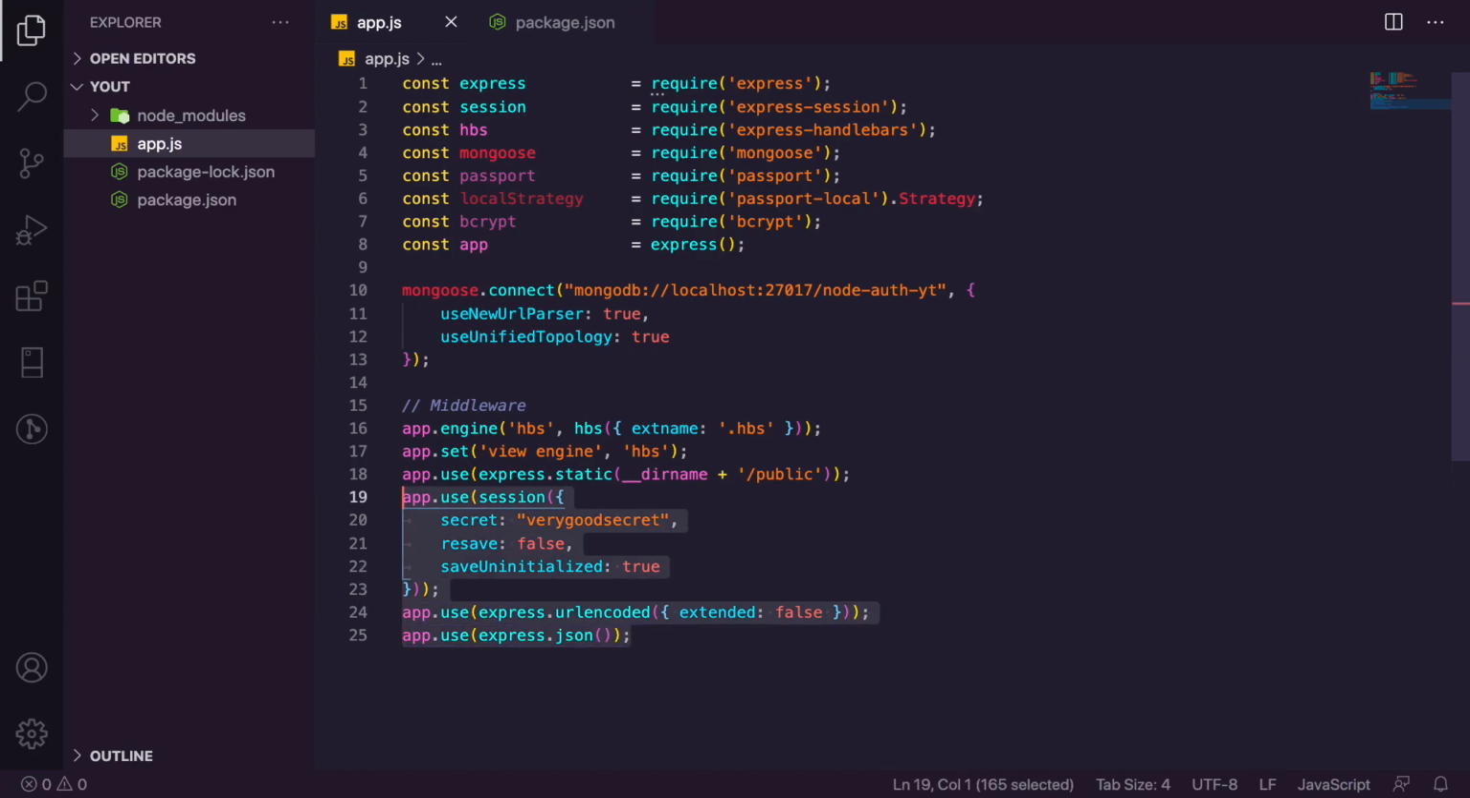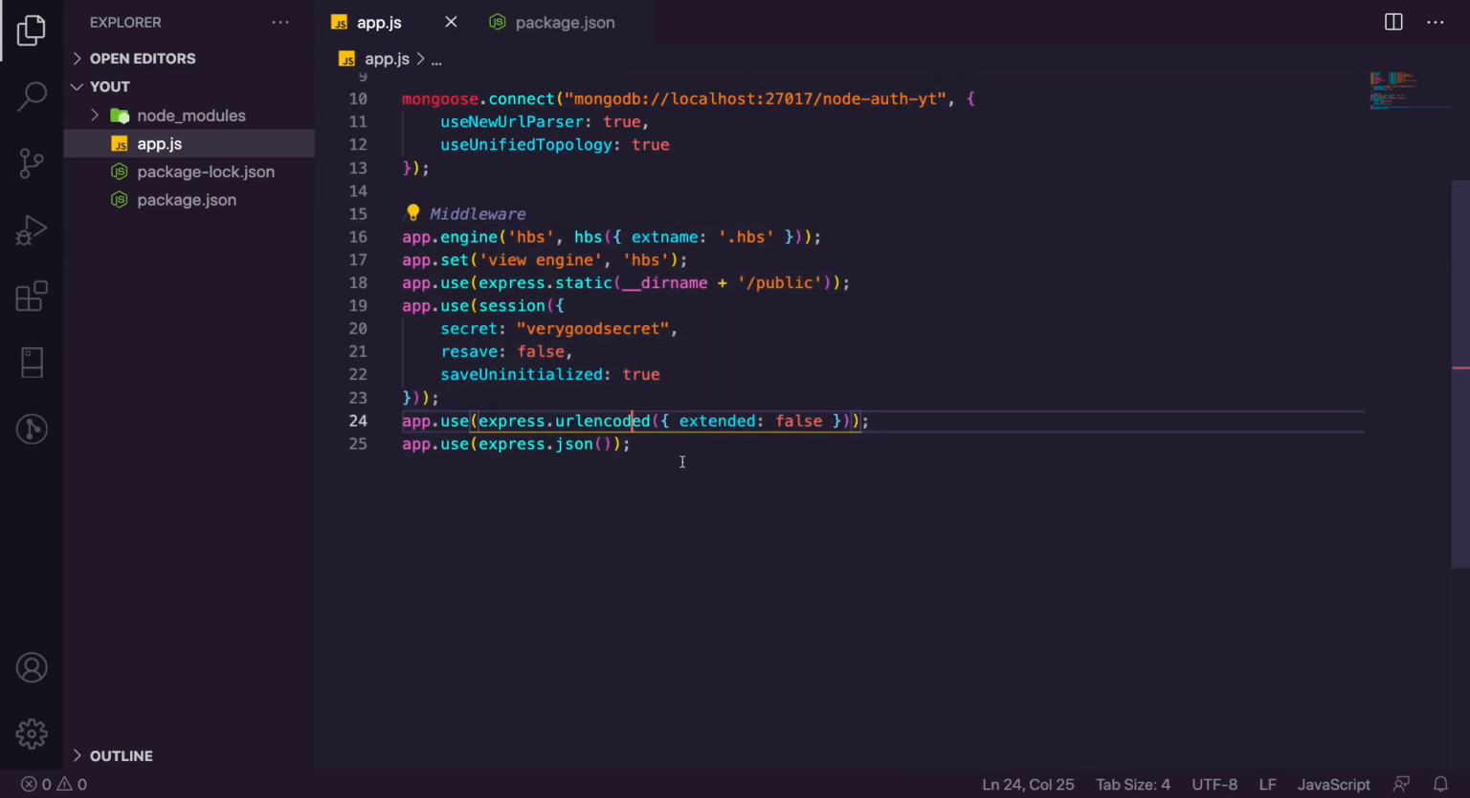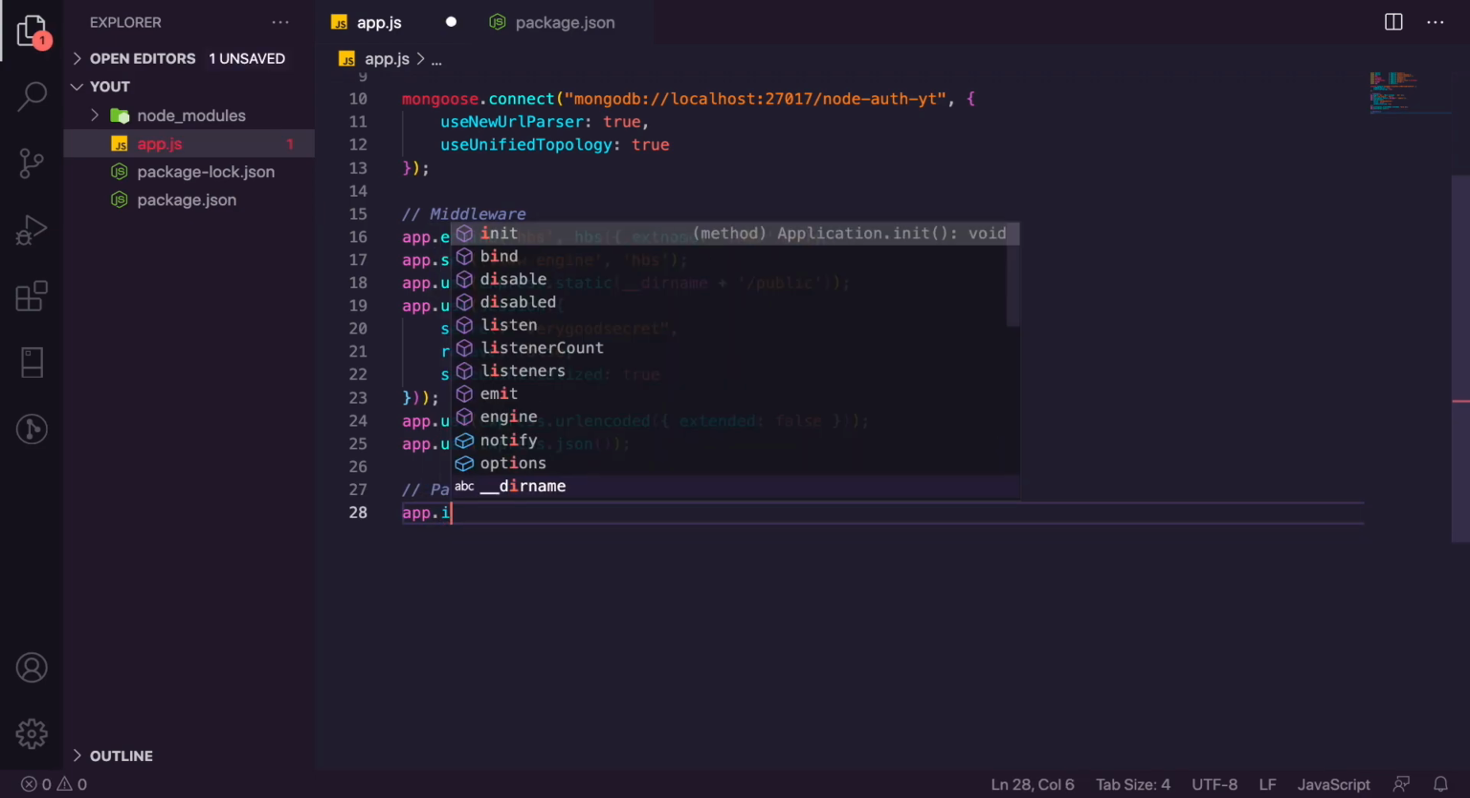So this is all the middleware we need. That is all we need for this. Well, all the default middleware. So all this is just here to help out and assist. What we need to do next is actually set up our passport.js stuff. So what we're going to say is app.use